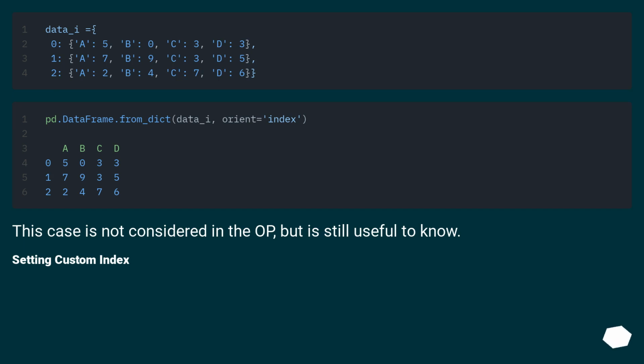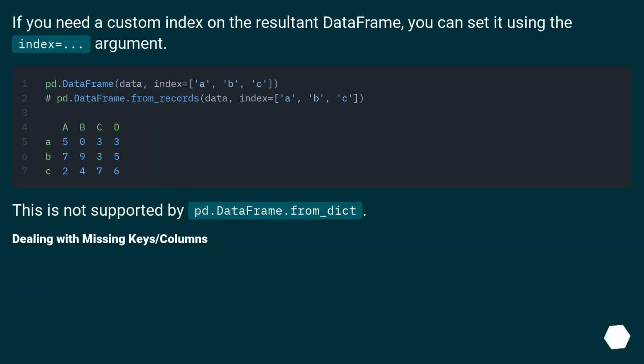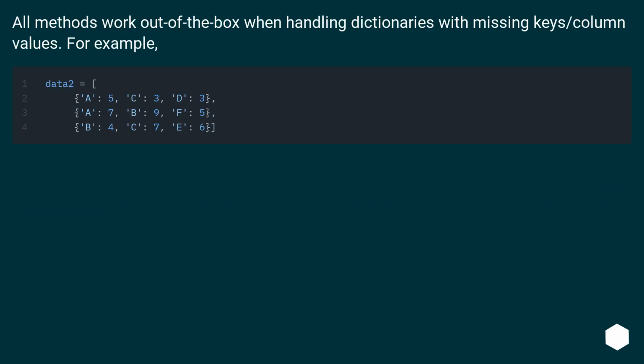Setting custom index. If you need a custom index on the resultant data frame, you can set it using the index equals ... argument. This is not supported by pd.DataFrame.from_dict. Dealing with missing keys/columns. All methods work out of the box when handling dictionaries with missing keys/column values. For example,